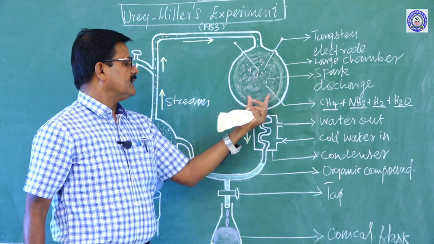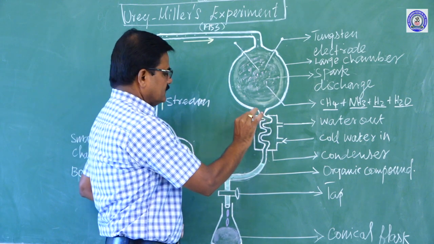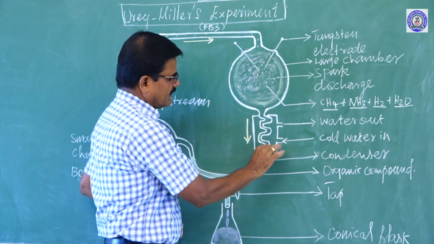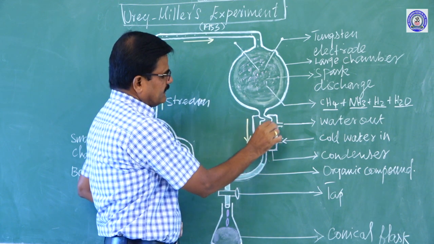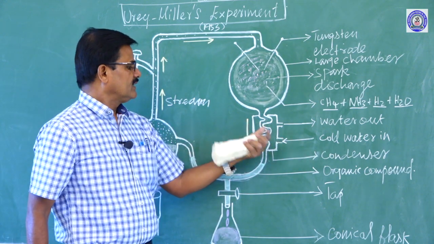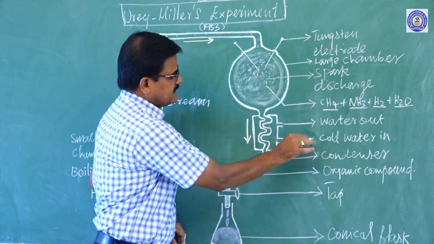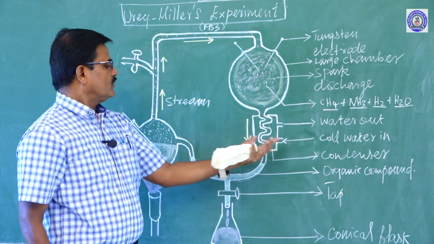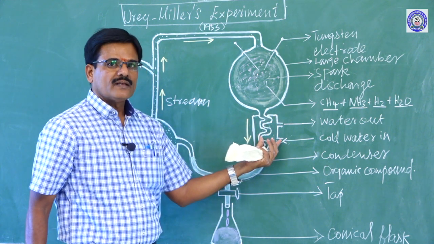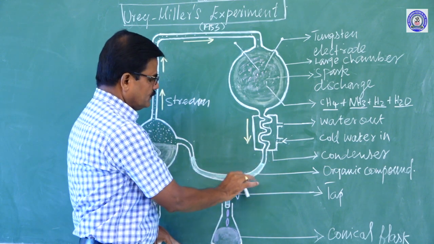Then the steam is allowed to run down the tube where the condenser is fixed. This is the condenser. When the steam is entering the condenser, they allowed cold water to cool the steam. The cold water enters the condenser and goes outside the condenser. That is the inlet, this is the outlet. When the cold water enters the condenser, the steam cools. Then the steam becomes water and runs down the U-shaped tube.